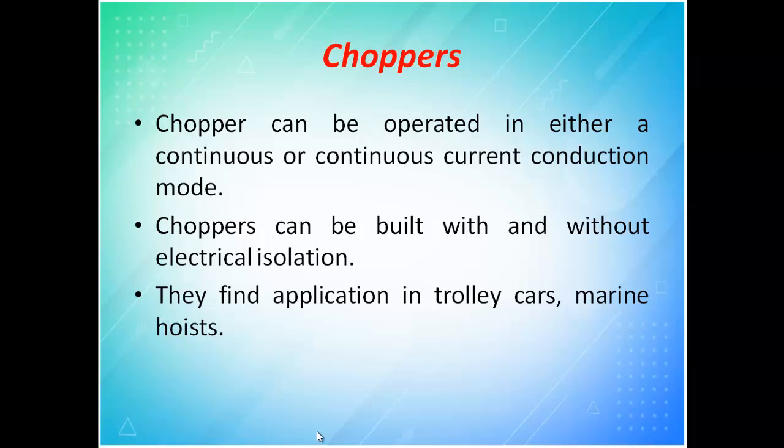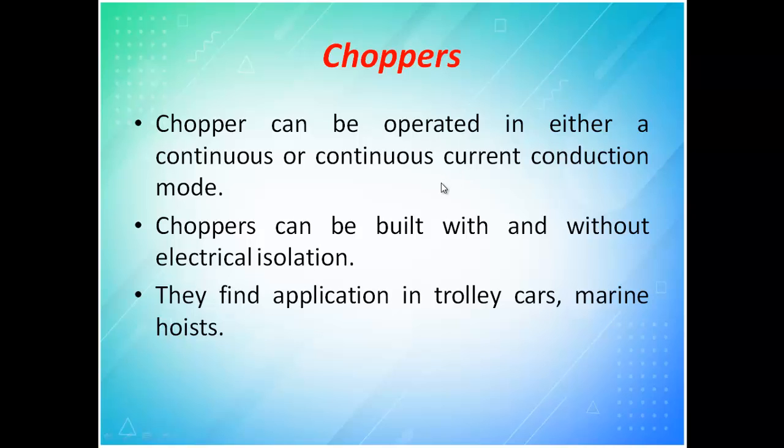This is again a new thing. What is meant by continuous is that if the output current does not touch zero at all, then you call it a continuous current. And if the current touches zero, then we call it a discontinuous current. So in discontinuous current, the current will touch zero and then again it will rise. See, here I have a small mistake. I have put continuous twice. This is not continuous, this is discontinuous. The "dis" is missing here: discontinuous current.